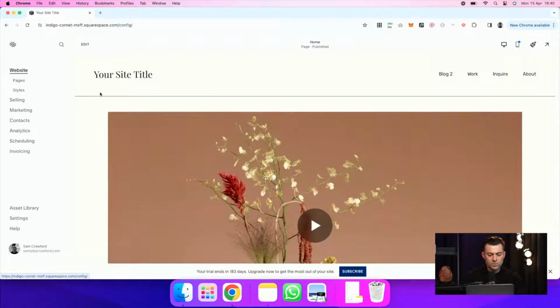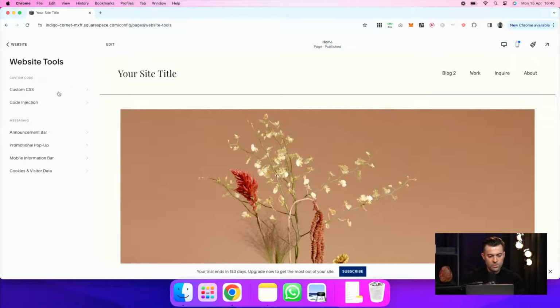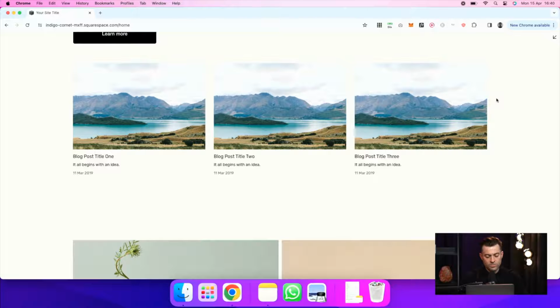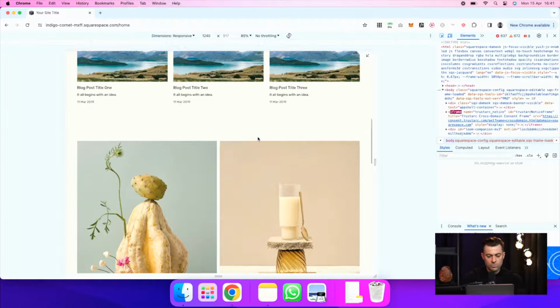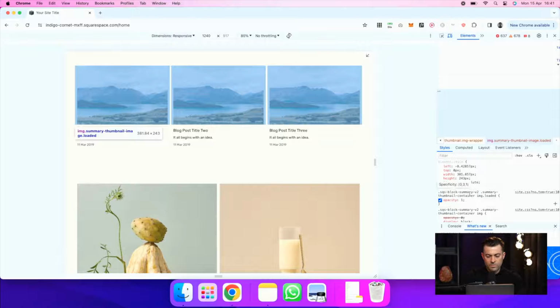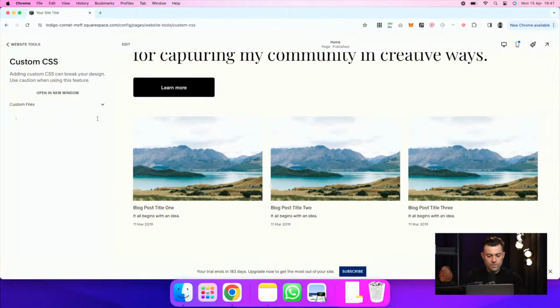So let's go into website, pages, website tools, and custom CSS. And we're going to grab the ID for these here. So Shift, Command, and C is going to bring up Google Chrome Developer Tools. Click on this, and we're going to grab this right here. If we copy that in, use some squiggly brackets. So we put border-radius,